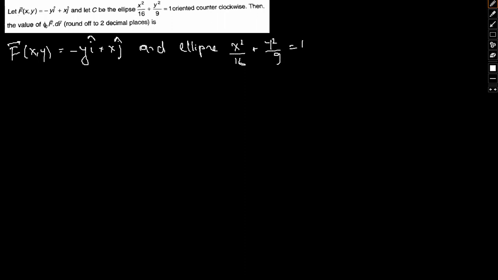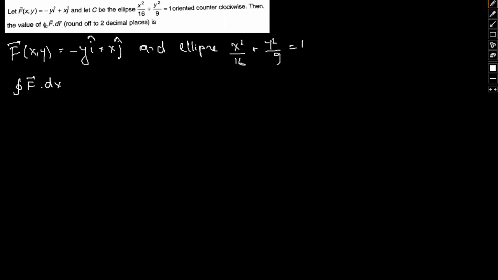So what we have over here is F vector (x, y) given as minus y i vector plus x j vector, and the ellipse x squared by 16 plus y squared by 9 equal to 1. So here, if we take the integration of F dot dr,